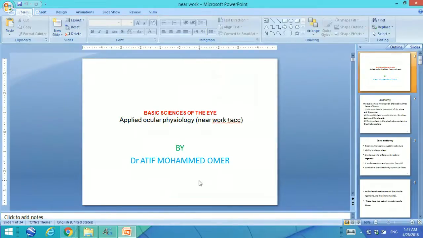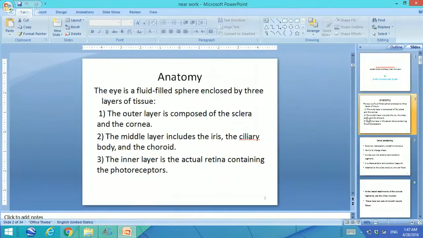Bismillah ar-Rahman ar-Rahim. Today we are going to talk about applied ocular physiology. We will be concerned with near work and accommodation. First, we will talk about general anatomy, and we will talk about the anatomy of the lens and the zonule,